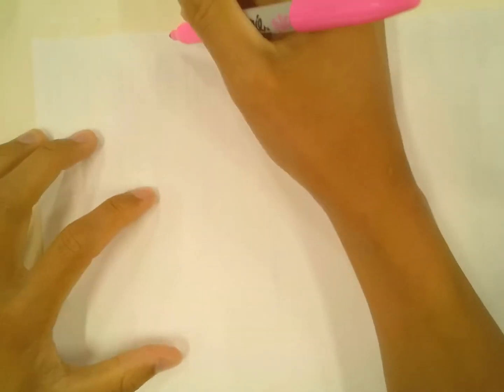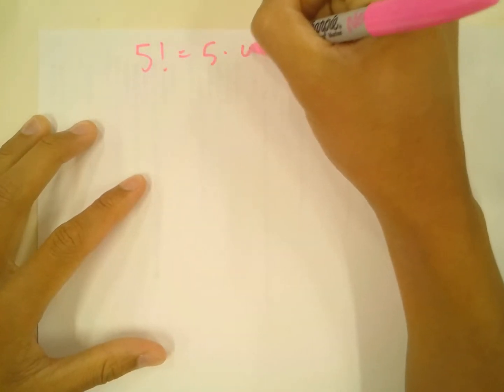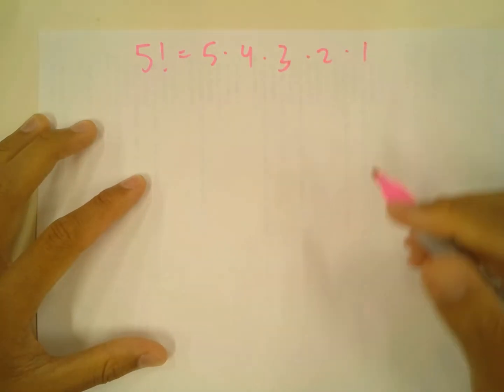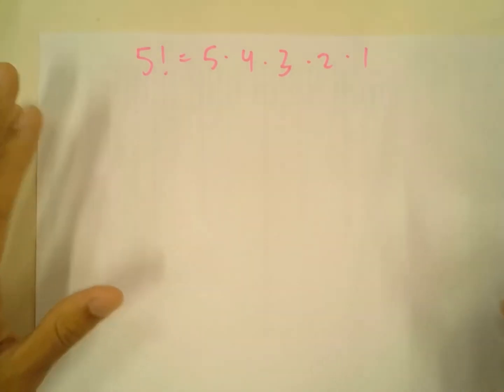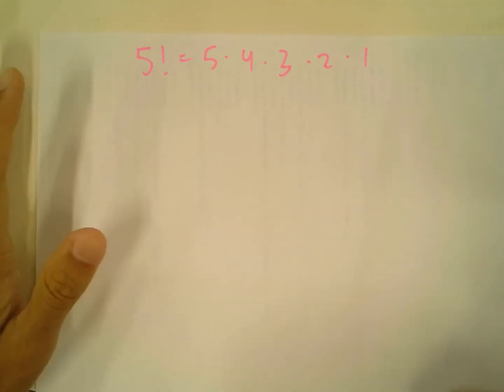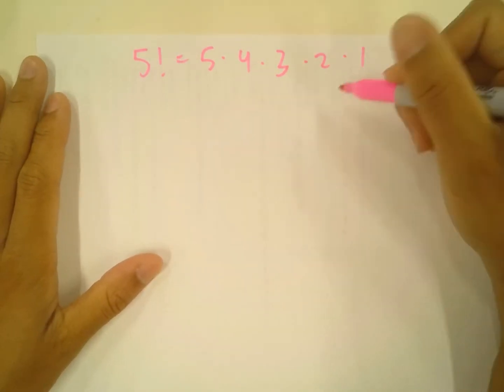5 factorial is equal to 5 times 4 times 3 times 2 times 1. And the way that I'm going to solve it, of course, all of these problems can be solved any number of ways, and it really is a reflection of the way that you think. And so this is the way that I would probably solve it,